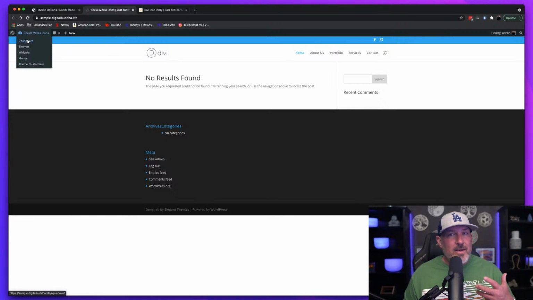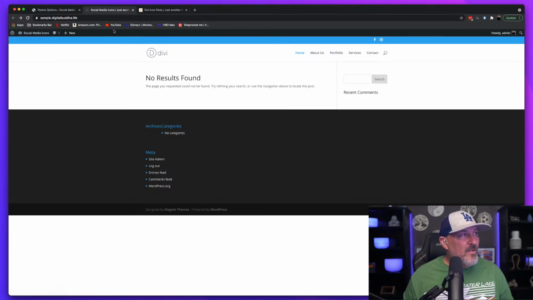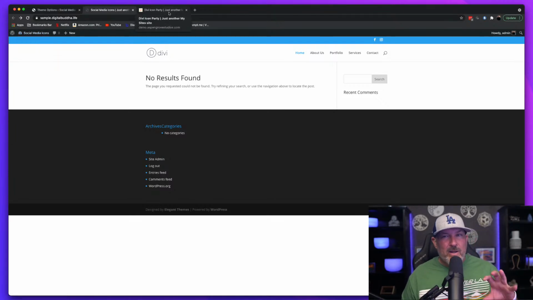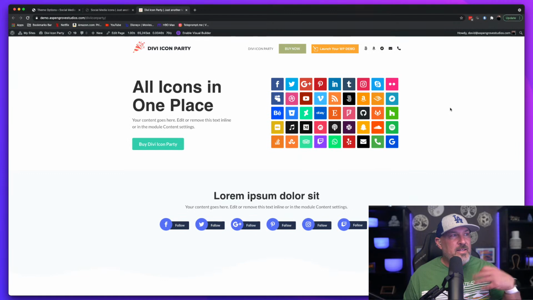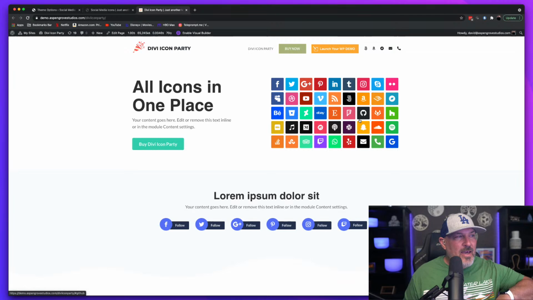So what are some of the alternatives? What can we do to get social representation based on your website? That's really what I wanted to show you today. So I'm going to come back to this page, which is the Divi Icon Party page. This one has about 50 social icons that you can add to your website. What I like about these is not only does it have everything such as Slack and Apple Podcast and Amazon,